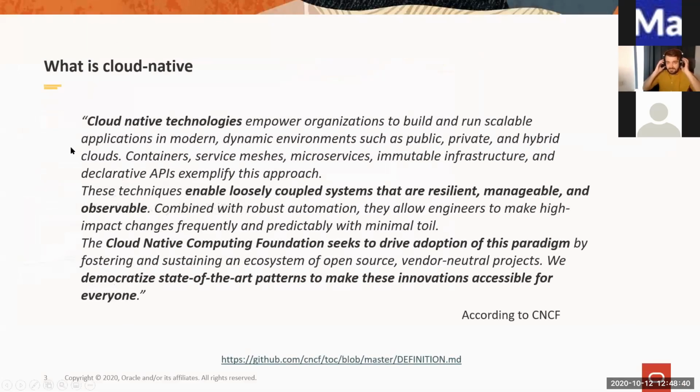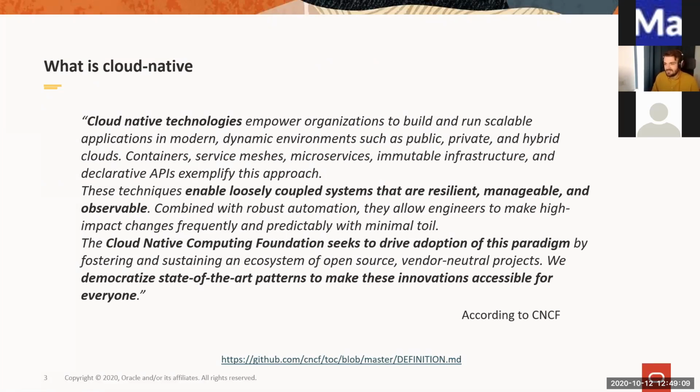So let's start with the definition. I think you've already heard about CNCF. Robert was mentioning it. CNCF is basically a joint effort between multiple companies, where they are trying to standardize the cloud native approach and what cloud native means, trying to get in line the different approaches towards cloud native. And of course, they have an official definition, which is quite lengthy. I'm not a big fan of it, but okay, here it is. This is the official one.